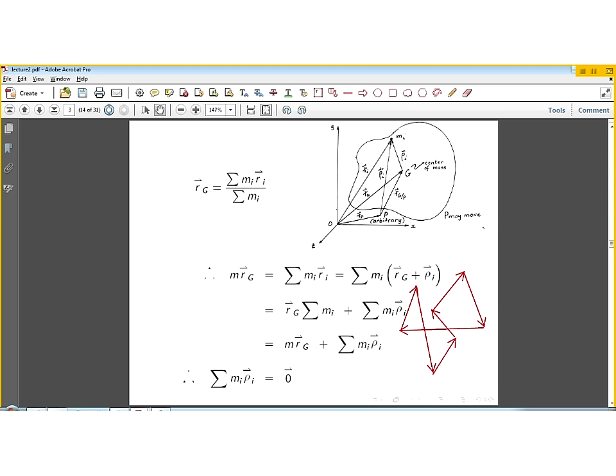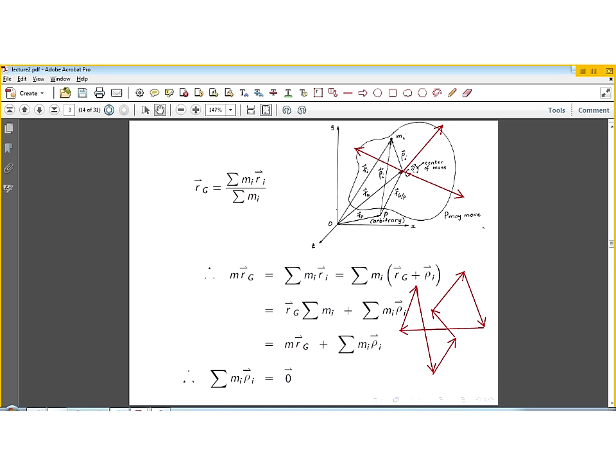Another way of thinking of the meaning of this is really to say, if I were to define a second axis system, and this axis system doesn't even need to be parallel to the original one. Let's say that's the x-axis of the new axis system, that is the y-axis, and this is the z-axis of the new axis system. If I define a new axis system, but with its origin at G, and I calculate now, using this formula,